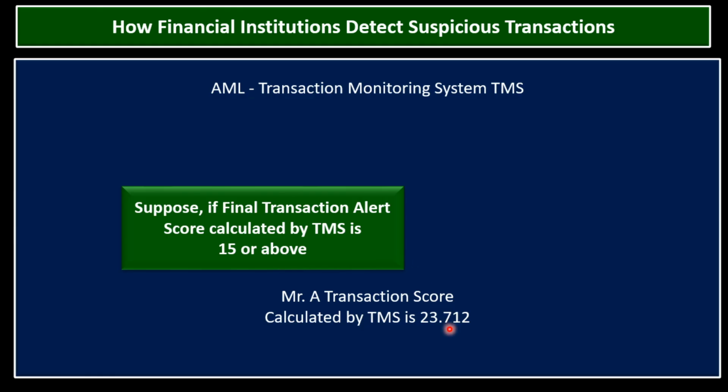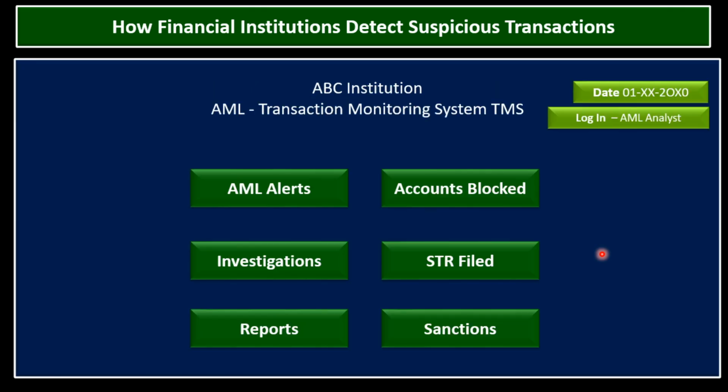So if the score is 23.712, then the AML alert will be generated by the transaction monitoring system, and it will be shown on the screen of the money laundering reporting officer and AML analyst. Now, after the generation of the AML alert, it is the responsibility of the AML analyst and money laundering reporting officer of the institution to review the AML alerts. On one day, there may be hundreds or thousands of alerts generated by the system. So as we are discussing just one example of Mr. A,